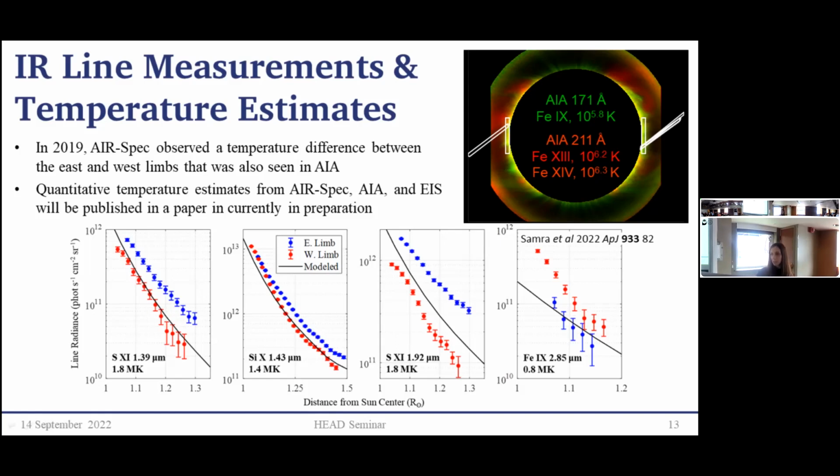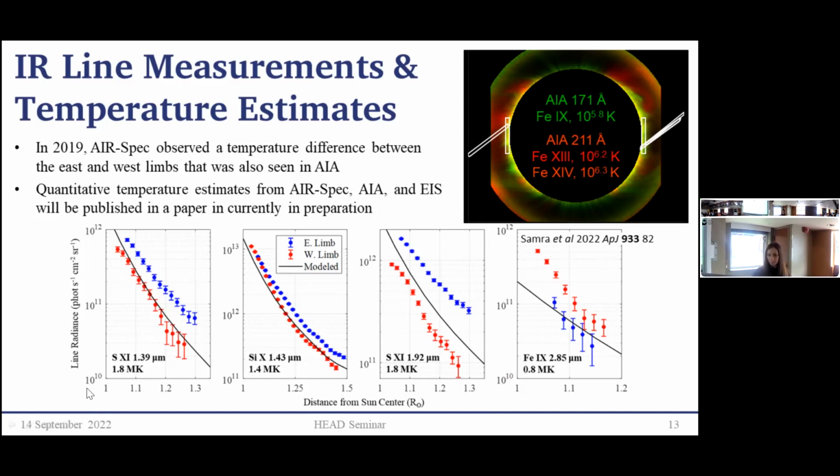And we actually see this temperature difference in the intensities of the lines that we measure. So this cooler line, this iron 9 line, which is actually the same ion as AIA green, is much stronger on the west limb, which is what you would expect, because that's where you see a lot of cool material. And conversely, this sulfur 11 line, these were both measured for the first time by AirSpec,